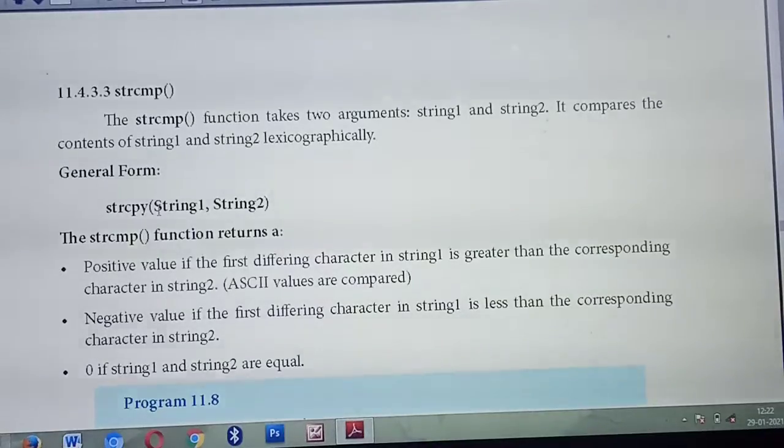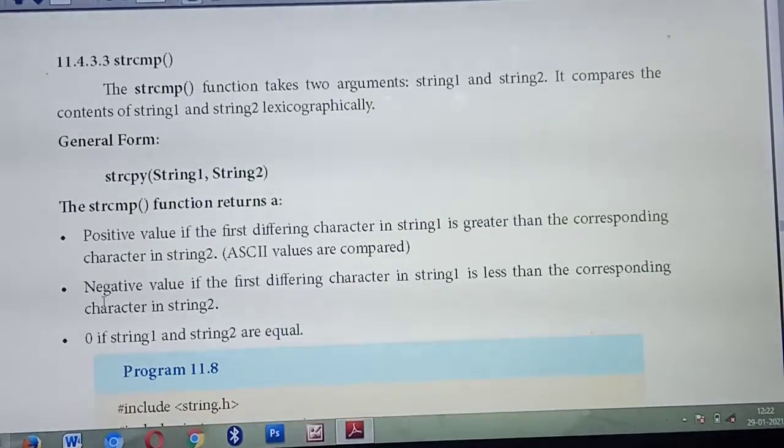Listen. This is wrong, not strcpy. In your book also it is printed strcpy, but it is a printing mistake. It is strcmp. strcmp of string 1 comma string 2. So how will it work? It will return a positive value. For example, take two strings, computer and science.